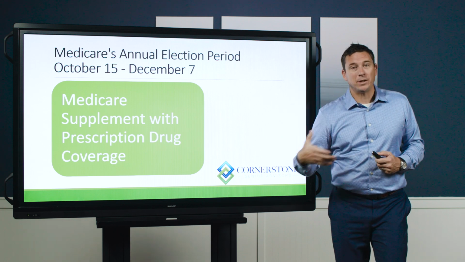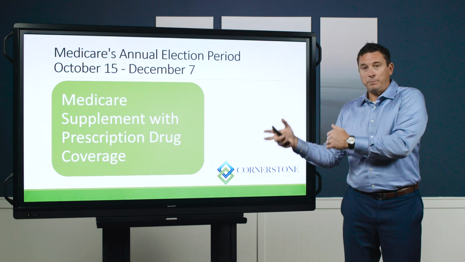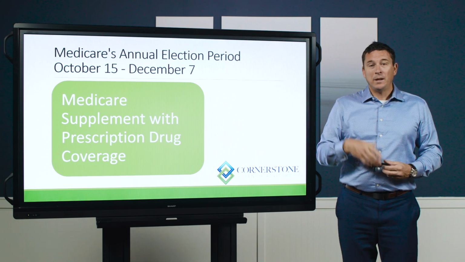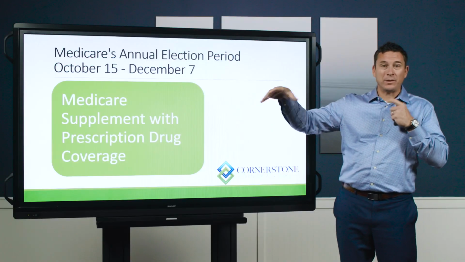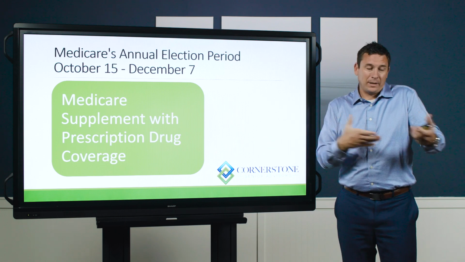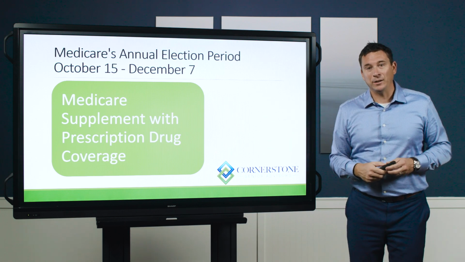A Plan G is a Plan G is a Plan G. Whether you get it from company A, B, C, or D, it's a Plan G. Are you paying more than you need to pay for that plan? Why trade quarters for dimes? So it is a good time to review and just see, okay, can I cut some costs? Can I keep the same plan but get it at a lower rate?